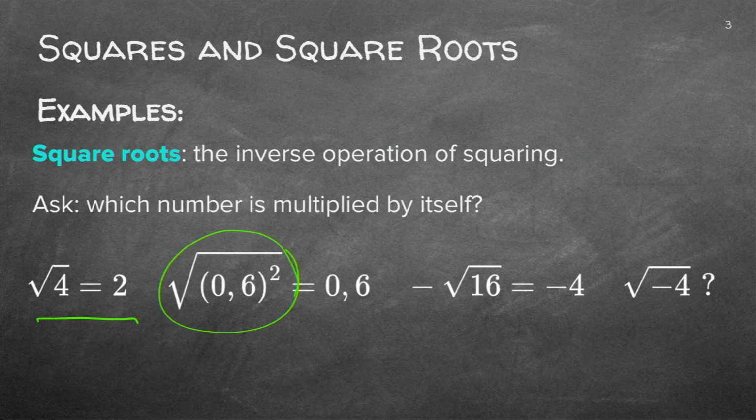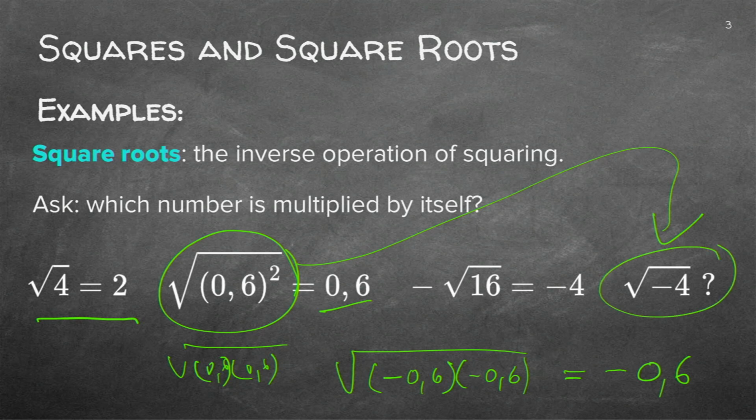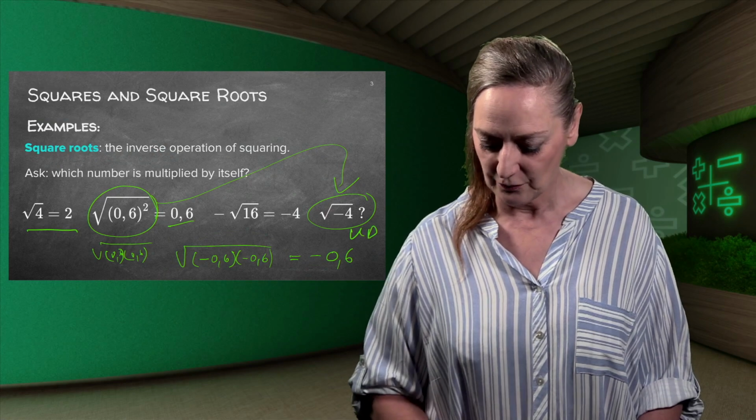Interesting here, the square root of 0,36. So this is actually 0,6 times 0,6 here. Look exactly the same, so the square root will be 0,6. And very interesting is if you have (minus 0,6) all in brackets squared, then this answer will be minus 0,6. But what's interesting with this negative, can you see that this negative is not in a bracket with 4 and there are not 2 brackets? So you can't find the answer here. That will be undefined. That's a non-real number.